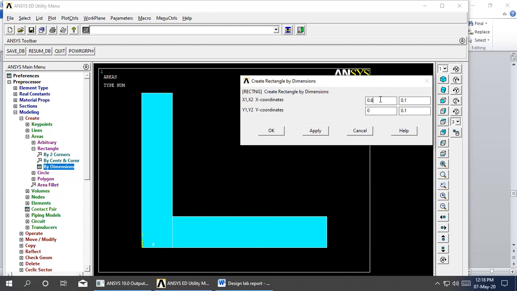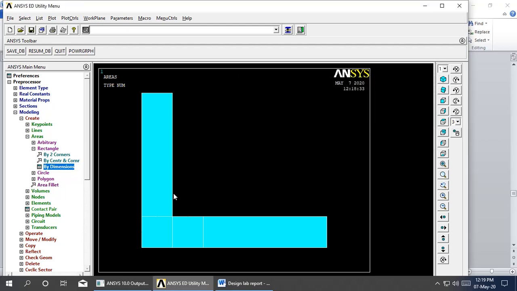In order to create that, first I need to create one more area over here and one more area over here, and then I need to create an offset over here. The third area dimensions are as follows: x1 is 0.1 and x2 is 0.2, and y1 is 0, y2 is 0.1. Apply. This area is created. And to construct area 4, the dimensions are x from 0 to 0.1 and y from 0.1 to 0.2. Apply. This area is created.